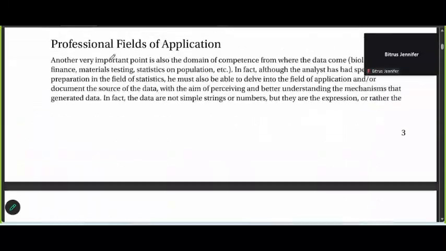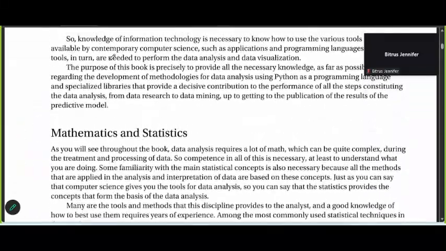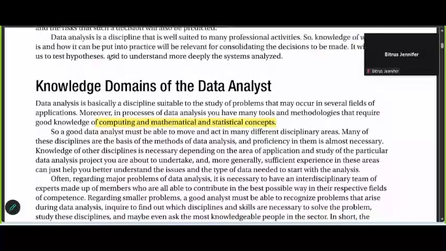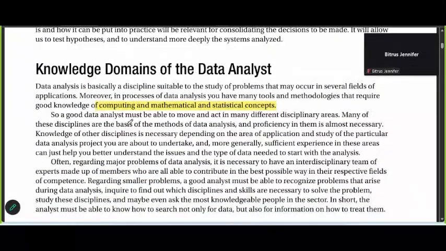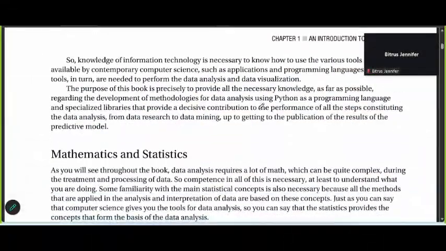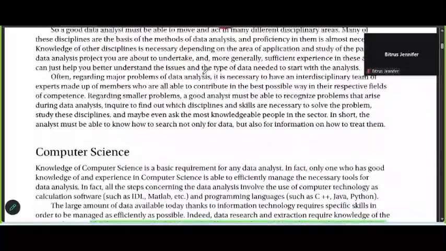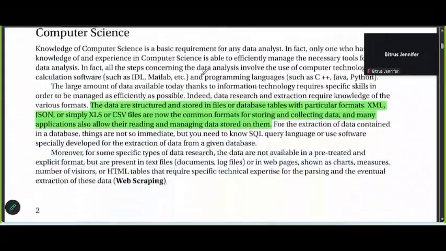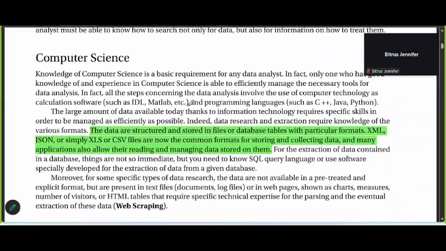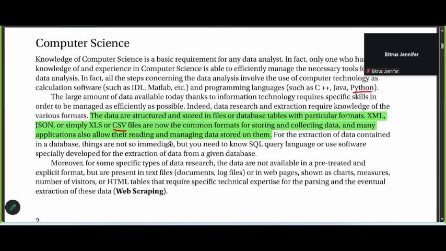We'll be able to review that as a data analyst, these are the skills you need to become a good data analyst. First, you must be able to what? Have computing skills, mathematical skills, and what? Statistical skills. You must have that. And secondly, as a computer person, in the area of computing skills, you must understand how data are stored in files, and the types of software you can use to handle them. We said Python, we talked about Excel, we talked about CSV. These are types of files, and we also talked about SQL, how your data can be